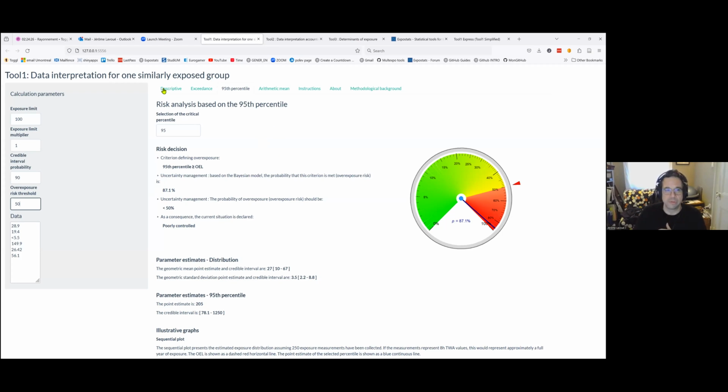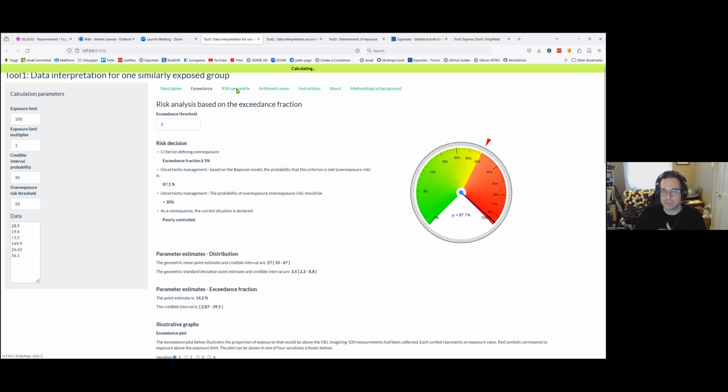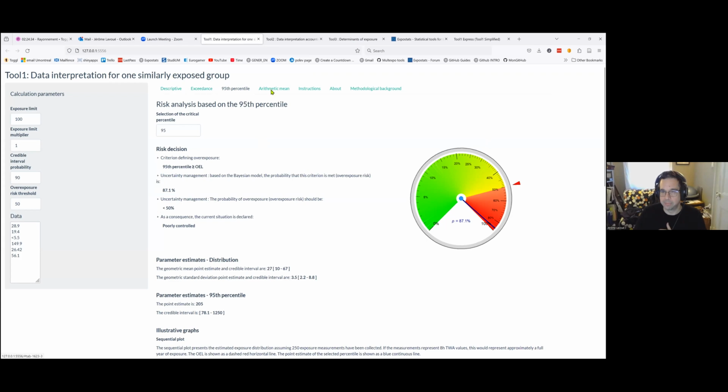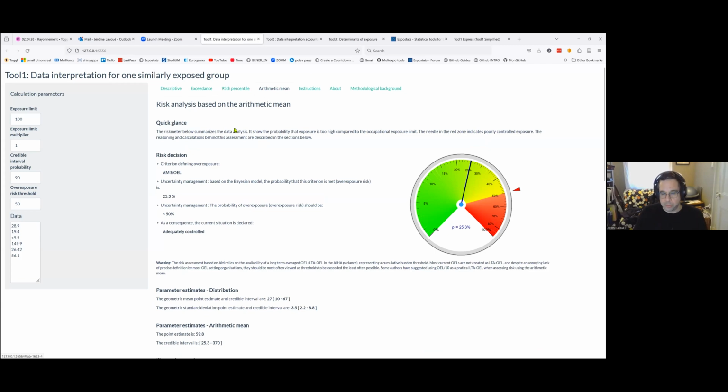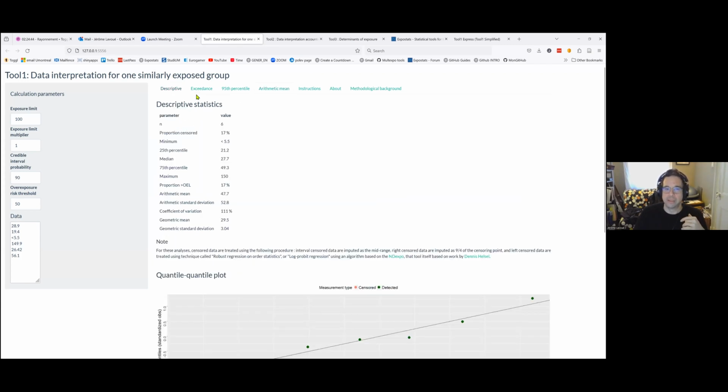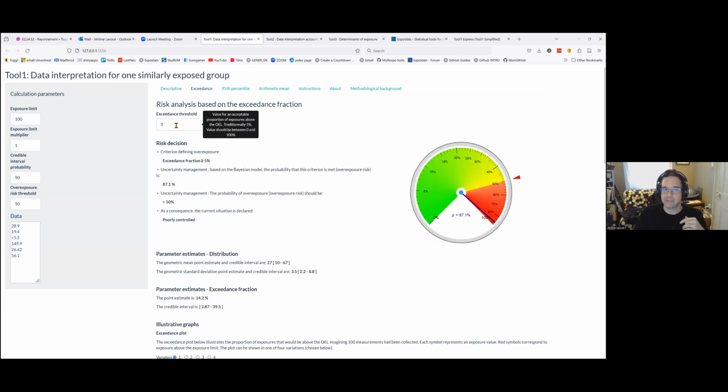So we have a tab for exceedance fraction, a tab for the 95th percentile, and a tab for the arithmetic mean, right? And of course, we have a descriptive tab too. And so two things that you might note is that you can, for example, if we go to exceedance,